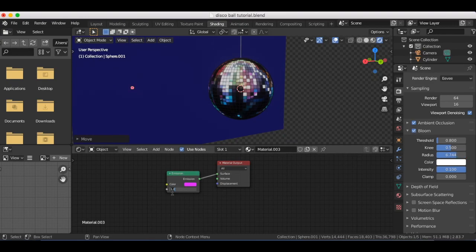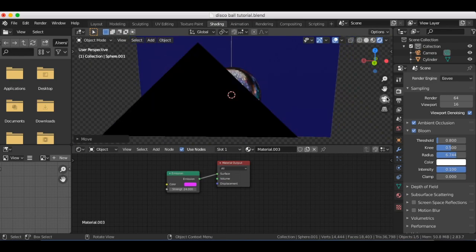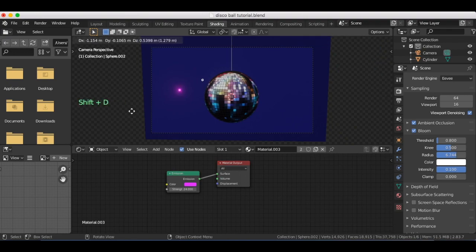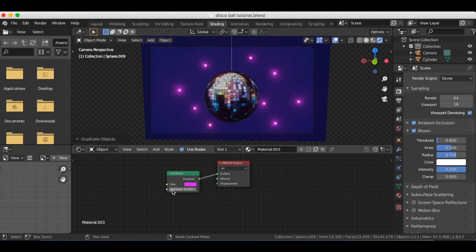I'm going to change the strength of the emission to there. They do all share the same material because I duplicated it from one object, so if I change the strength here, they'll all change. This is pretty much done now,